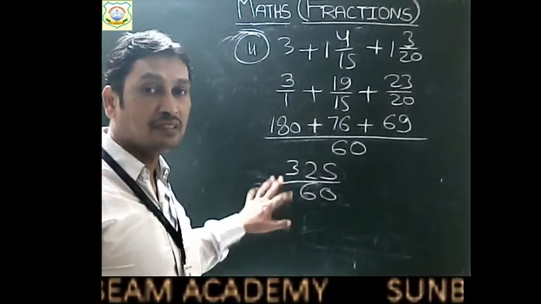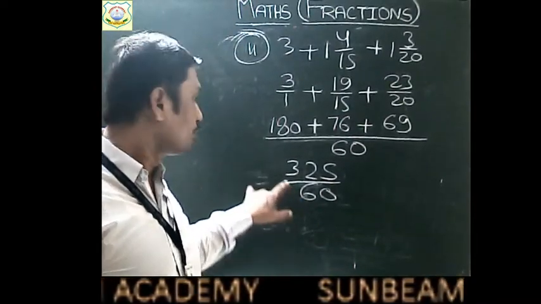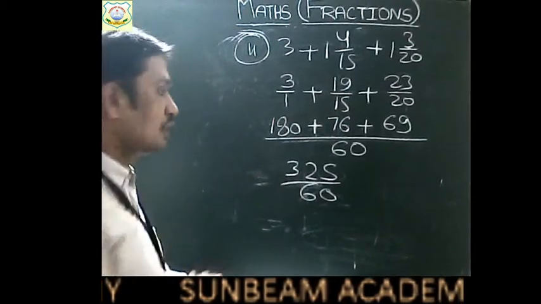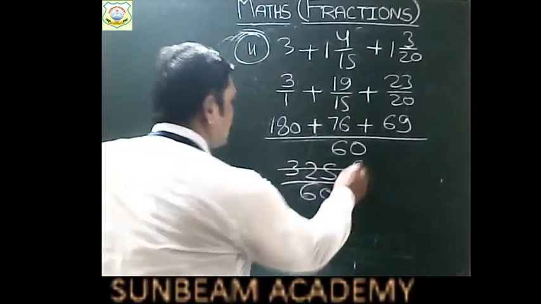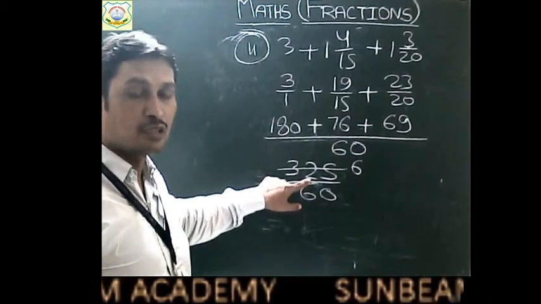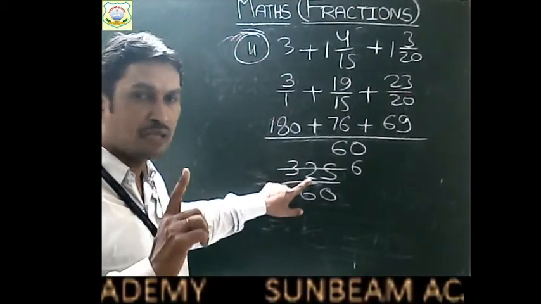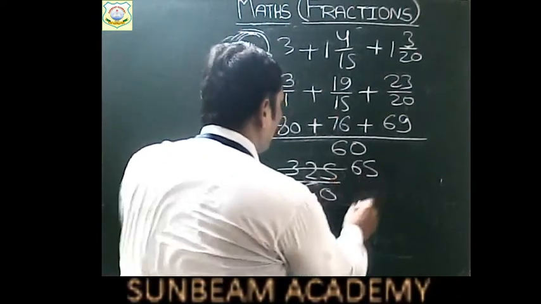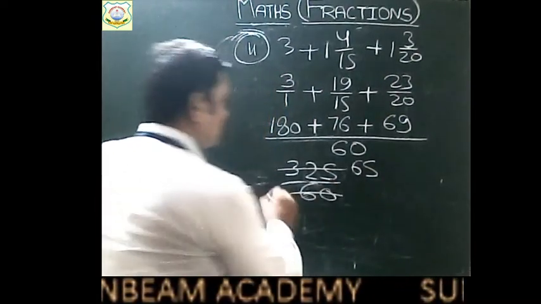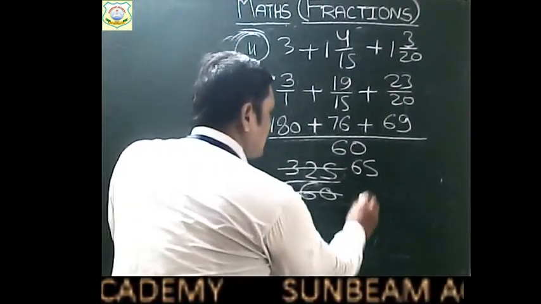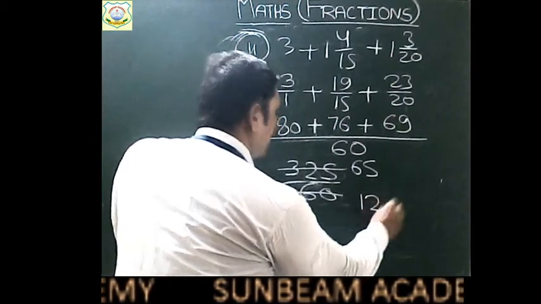Now see if there is any common factor. Both the numbers are divisible by 5. So divide them by 5. Okay. So 32 divided by 5. 5 sixes are 30. So 32 minus 30 will be 2. 2 will be left. 2 and 5 will be 25. So 5 fives are 25. And cut 60 by 5, children. So 12 fives are 60. So if we cut this by 5, we will get 12.